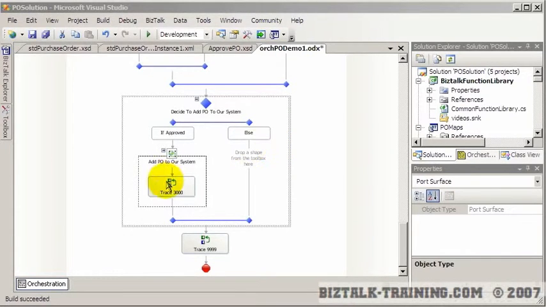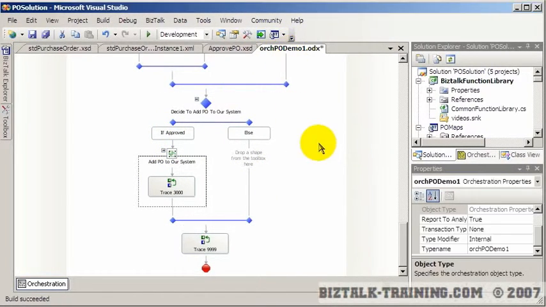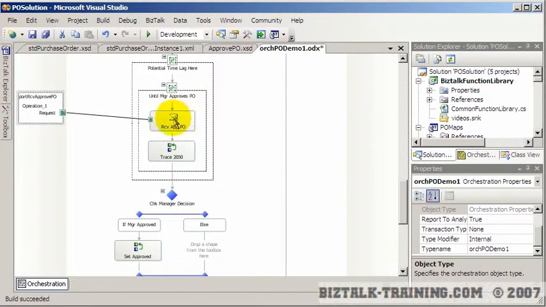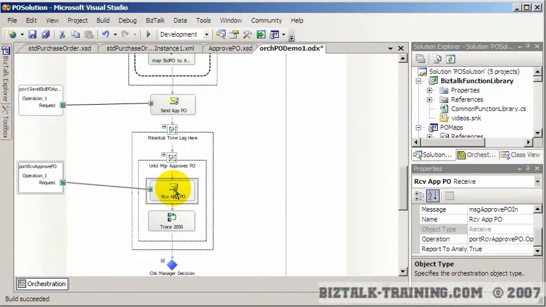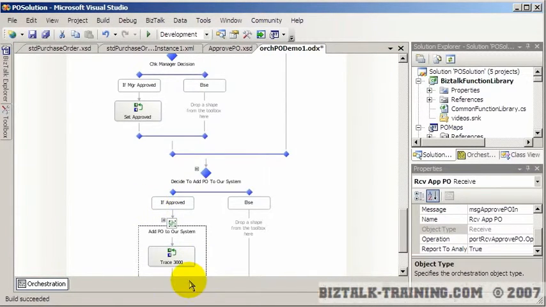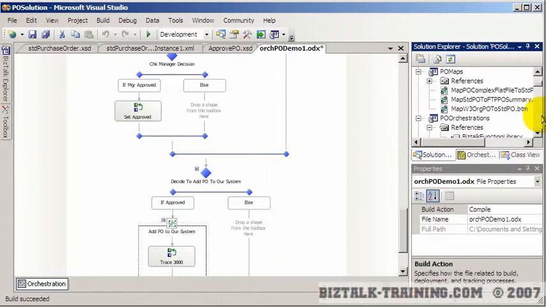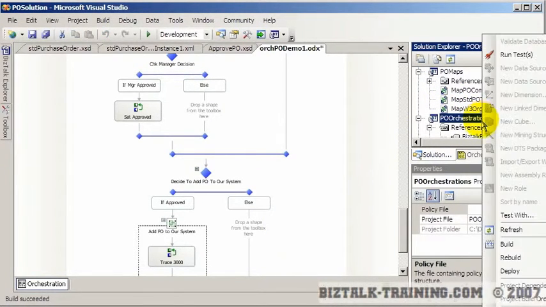In our last video, we added the correlation to our PO demo schema, and we're going to send the approval file to disk. We're going to let the manager approve or deny the file. Then the file will come back into our orchestration and continue on through. So we're ready to deploy and test the solution, but first let's build our orchestration and make sure we don't